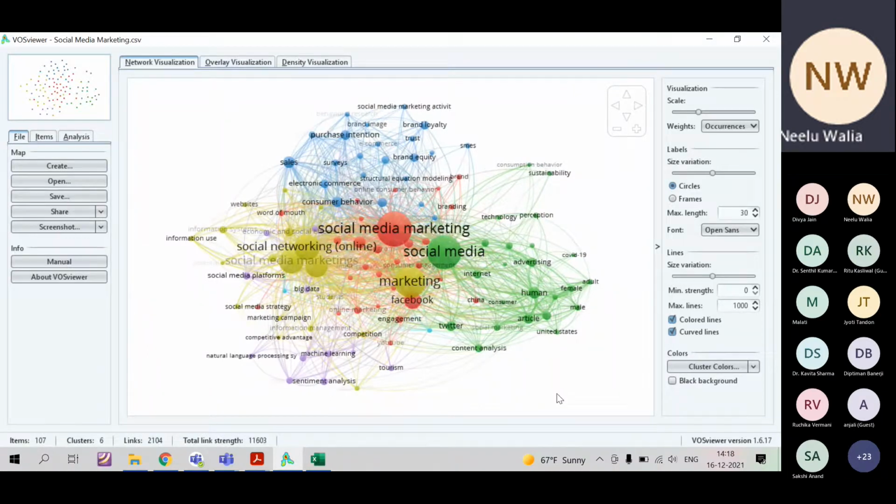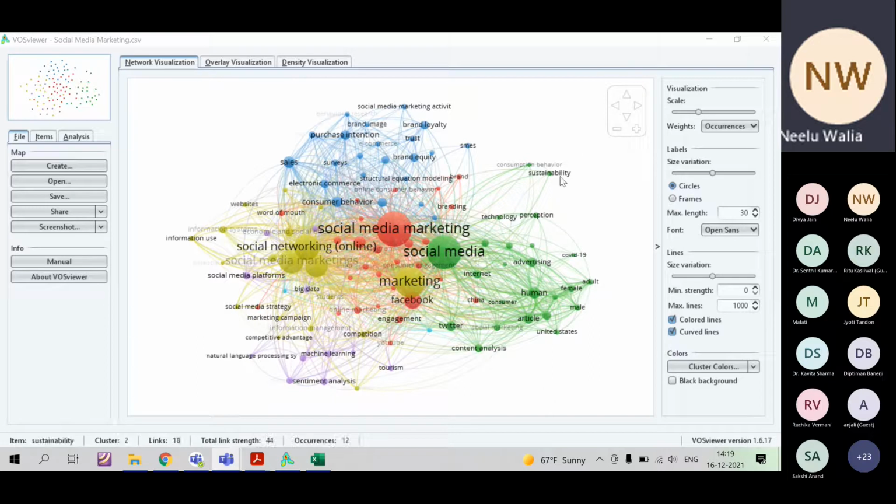So now, coming to the items, because you may be a scholar or you may want to show the gap in your study. First of all, it is going to give you the variables. People writing papers in social media marketing, what variables or keywords are they using?